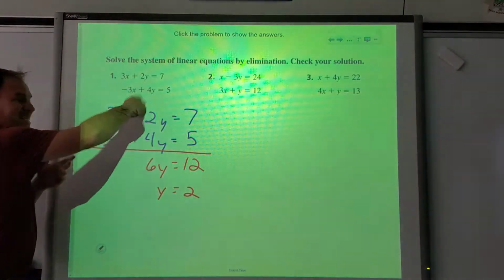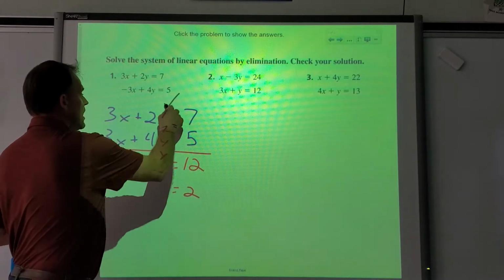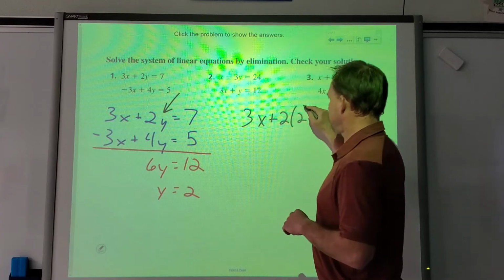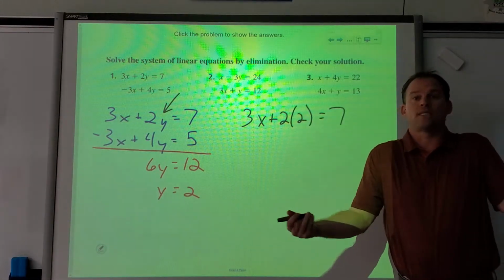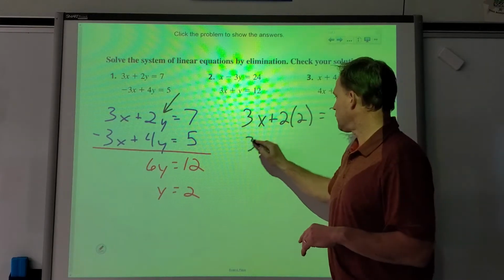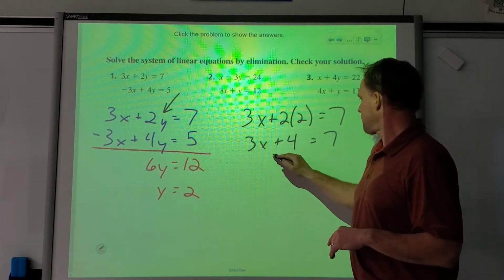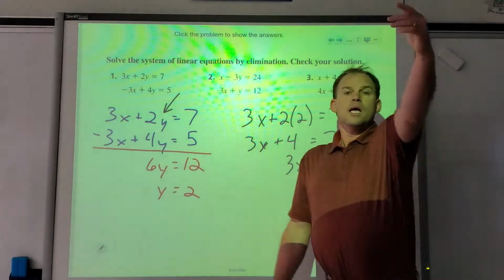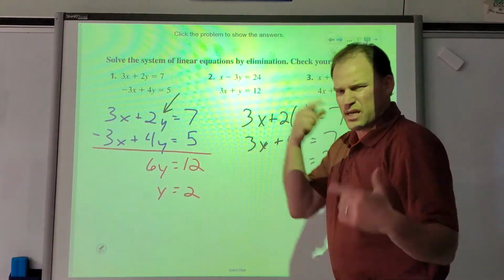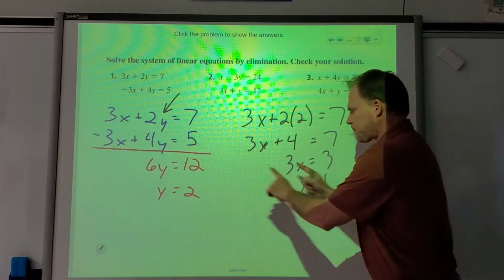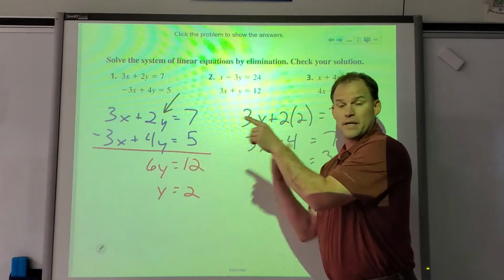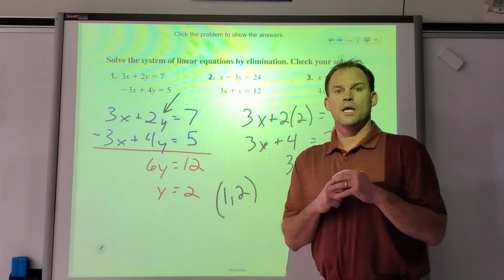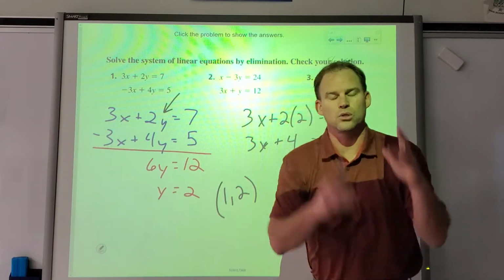Plug it back in. It doesn't matter which equation you plug it back into. I'm going to do the first one just because it's first. Plug it in. Go to town. Solve the equation. 2 times 2 is 4. Subtract. Divide. X is 1. Just like we talked about yesterday. I think it was yesterday. Kind of got my days jumbled up here. It's always x comma y. It doesn't matter which one you solve first. So (1, 2) is the coordinate, the place where these two lines will cross, is the solution to the